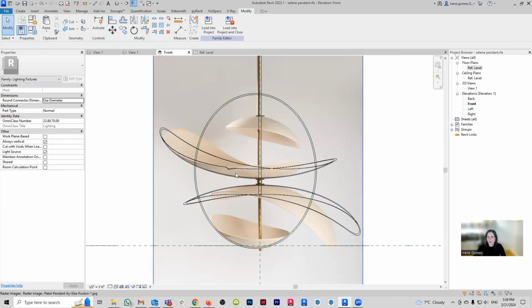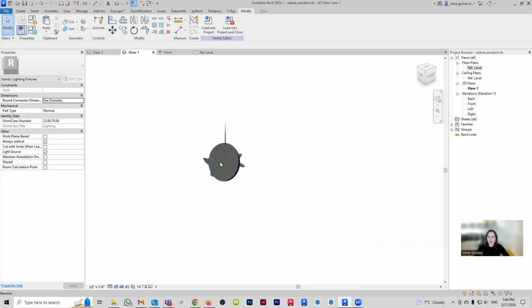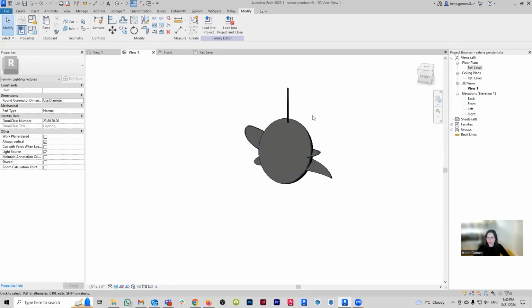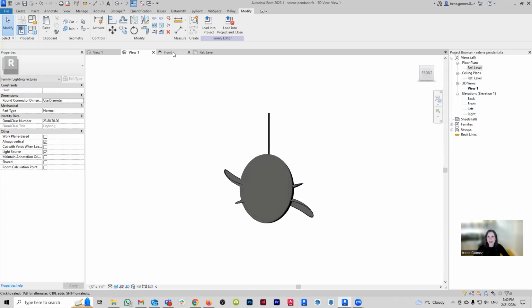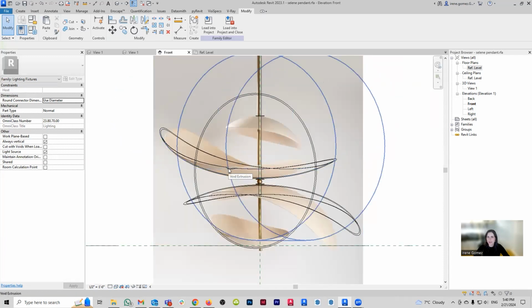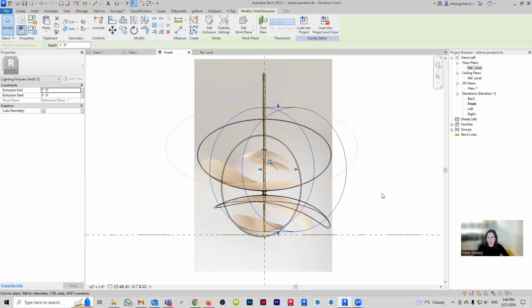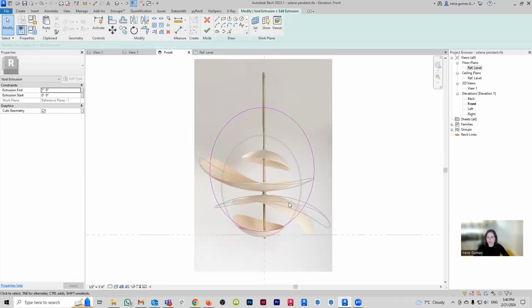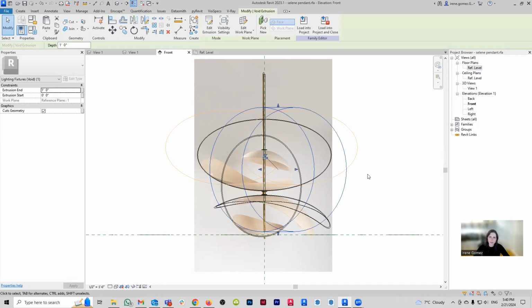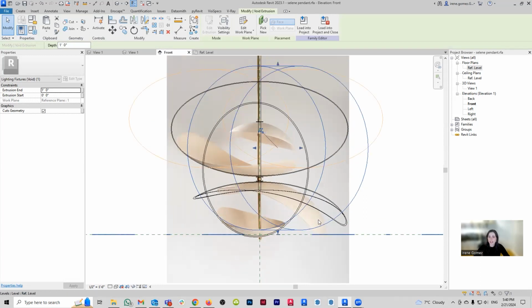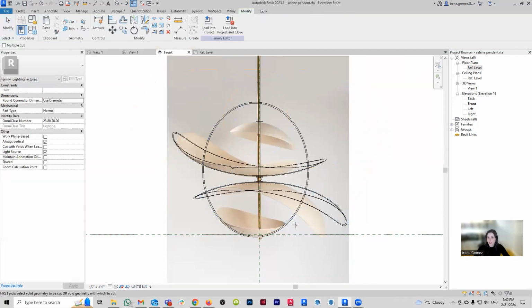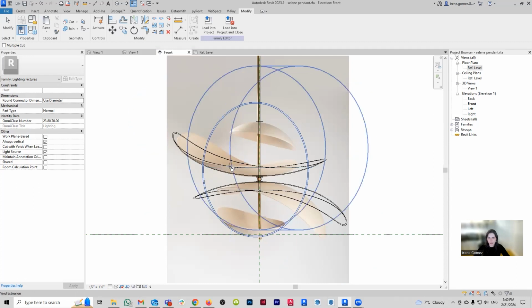There you go. And if I remember correctly, I had already created my second void. So I just need to make sure that Revit recognizes it. So if we go here, we have, oh God, can I even see that void? Yes, it was this egg, tall void. Yeah, it was this guy. Now what's happening here is that by default, Revit is not understanding that this guy is supposed to cut this guy here. So we're going to give Revit that instruction manually by clicking on the cut geometry tool, and we're going to select this guy, and then here comes the tricky part. We need to find this guy.